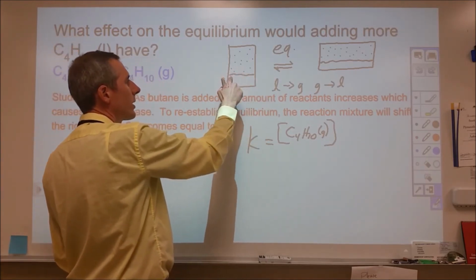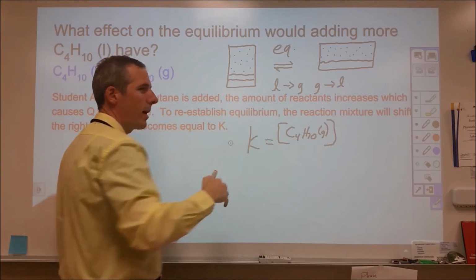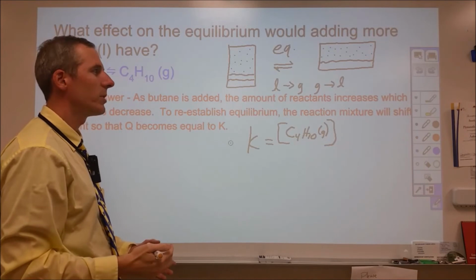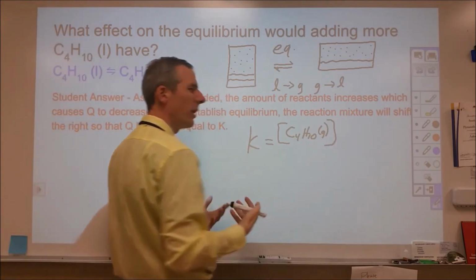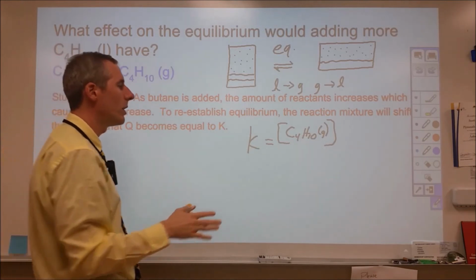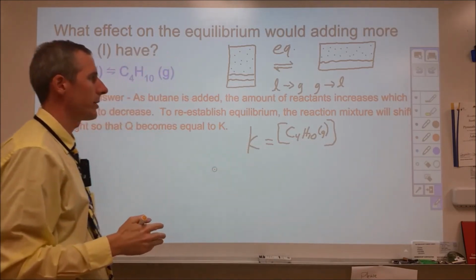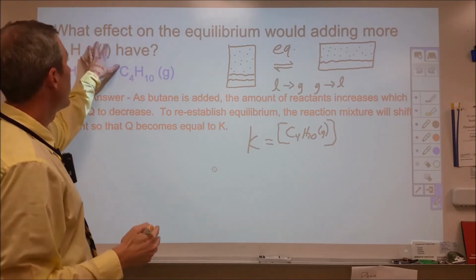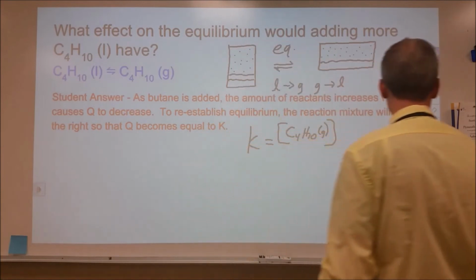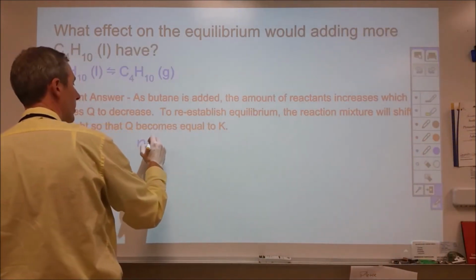So when we look at this, whether I have this much or this much, the amount of stuff I have in a given volume is the same. And so the concentration term doesn't really apply to this. So we often take it as 1 and then factor it in as a constant into the equilibrium constant. So in this particular question, if we go back and look at the answer, a better way to say this would be that no shift occurs